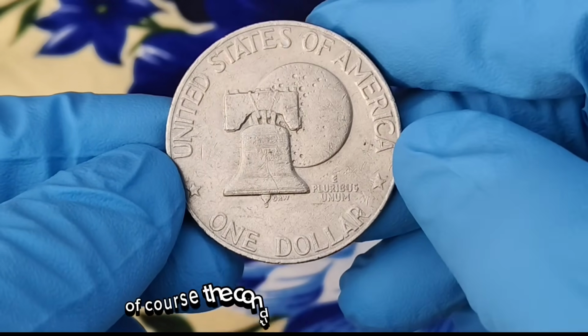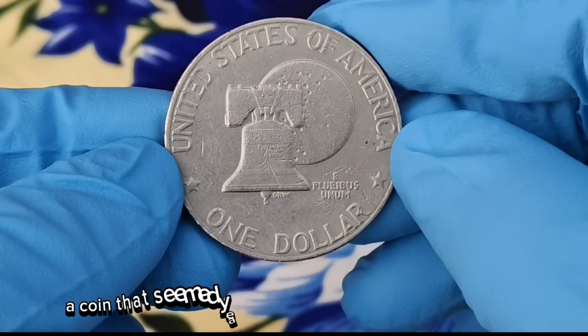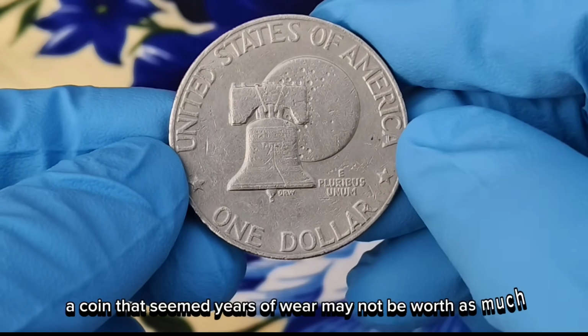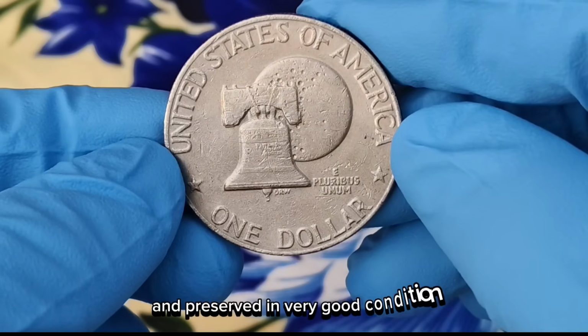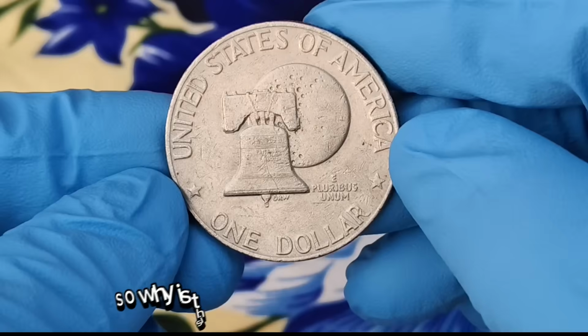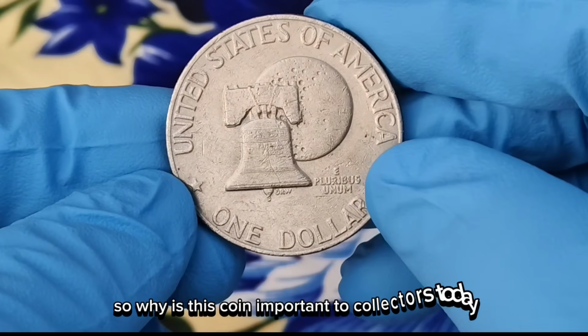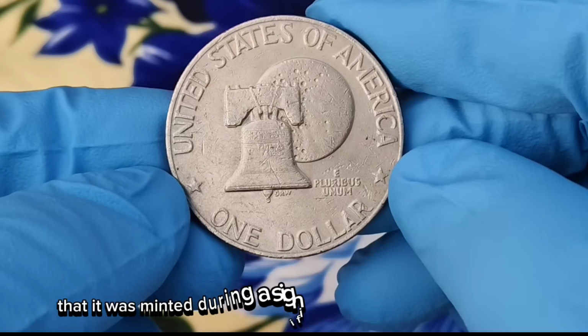Of course, the condition of the coin is still key. A coin that's seen years of wear may not be worth as much, but if it has been well maintained and preserved in very good condition, it will command a higher price. So, why is this coin important to collectors today, aside from the fact that it was minted during a significant